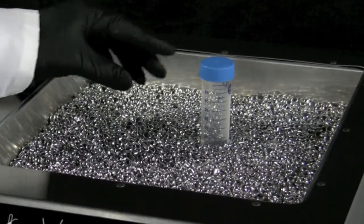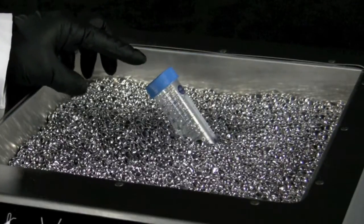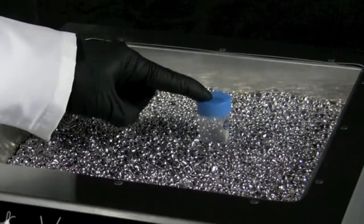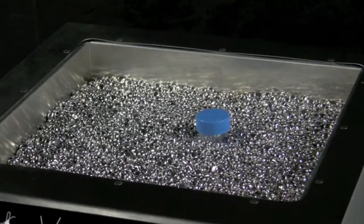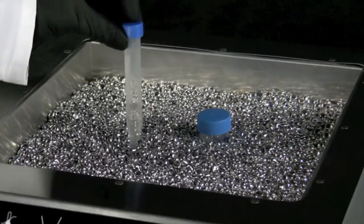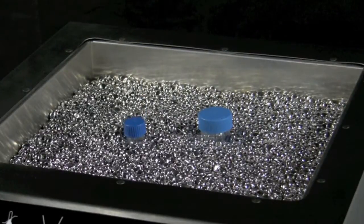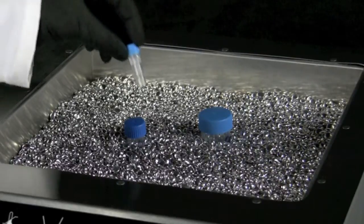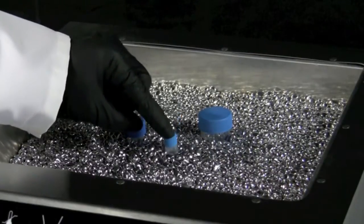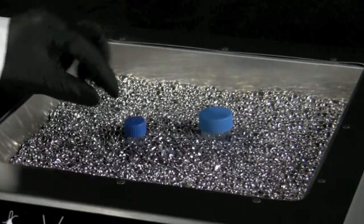Lab Armor beads flow fluidly and conform to all sizes and shapes of vessels placed in the bath. Vessels prone to tipping over or floating away no longer require racks, floats, or bottleneck weights to secure them in place. Sample vessels can be conveniently buried into the beads to avoid temperature gradients associated with exposure to room temperature air. Bottles will rest on the surface, and conical tubes will stay firmly in place in less than 1/2 inch